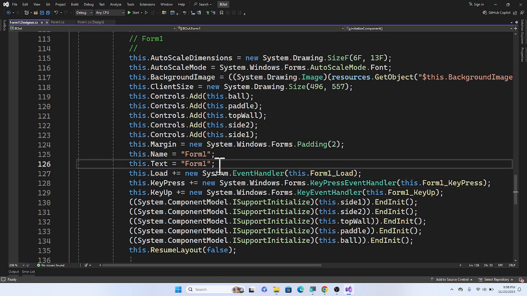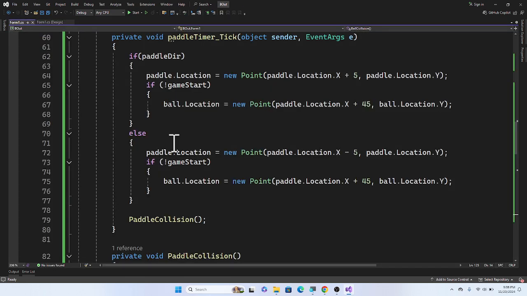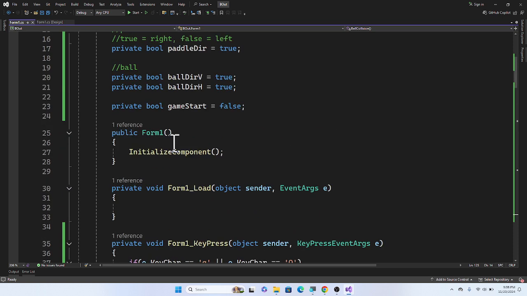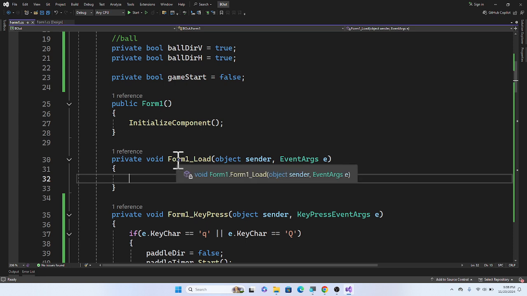What I want to do now is, through our code, not this designer code, add a bunch of labels to make these blocks. And we're going to do that through the idea of loops. So buckle up. This is one of our cooler lessons, one that gives us a lot of freedom for the future. Okay, so what we need to do is we're going to want to do this whole block creation thing